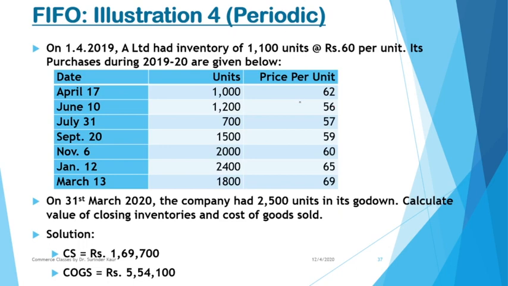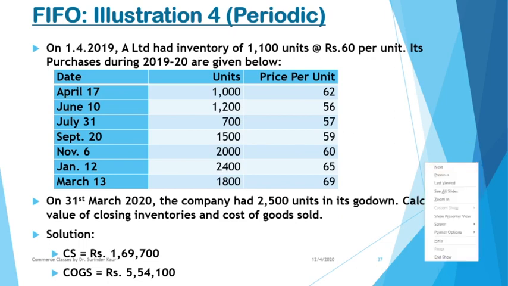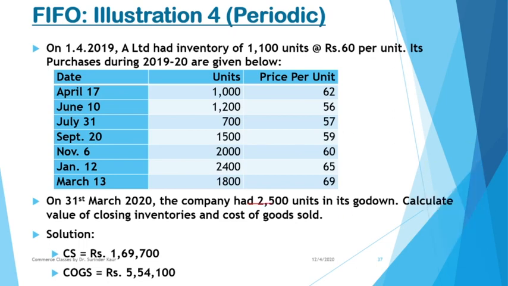You purchase goods at 7 different times during the year at varying prices. Then you have closing stock of 2500 units left with you. This is your closing stock, right? So you are to measure the value of closing stock and cost of goods sold. Now, if closing stock is of 2500 units, it must be from the latest lot. This is the assumption of FIFO, isn't it?